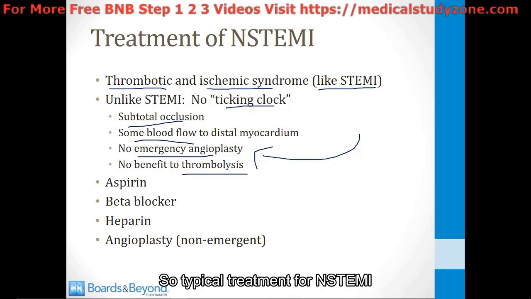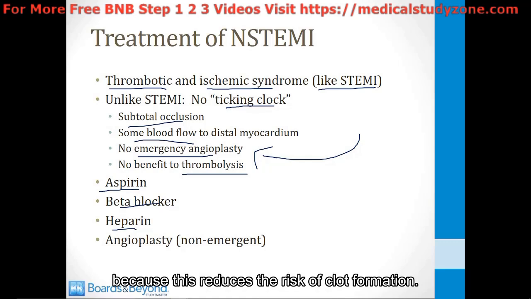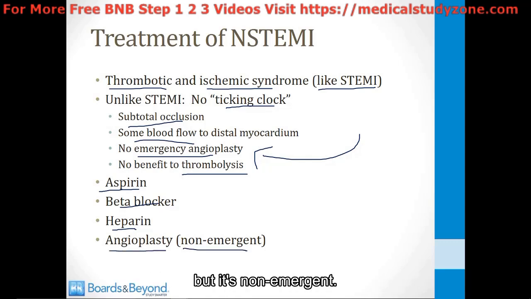So typical treatment for NSTEMI is to administer an aspirin, which reduces the thrombus burden. Beta blockers are typically administered because these reduce myocardial oxygen demand. Heparin is usually administered because this reduces the risk of clot formation. And then angioplasty is usually performed, but it's non-emergent. It can wait a few hours or a day or so till the patient is stabilized and ready for an